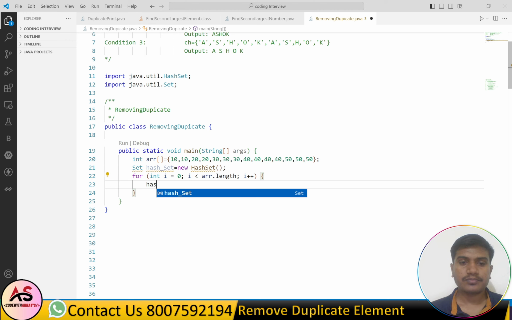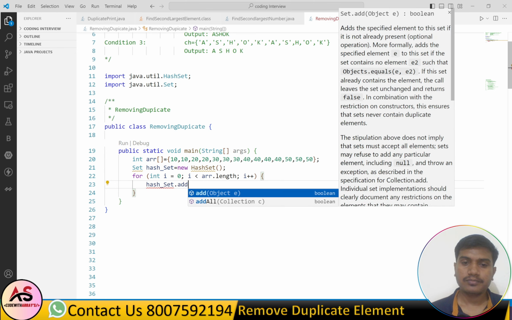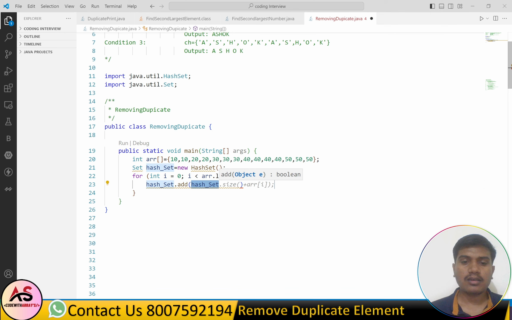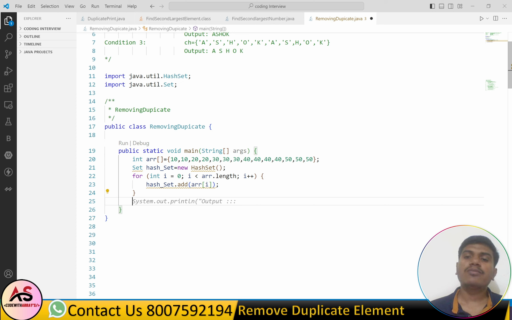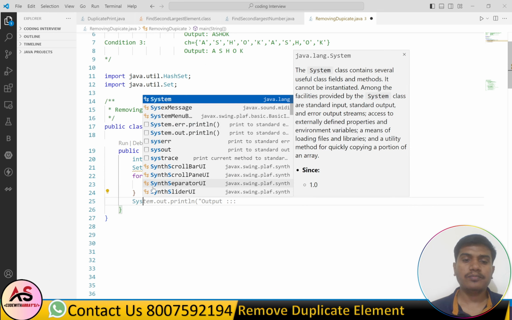For that hashSet.add, and in add we will simply pass the array elements. Now we have to write a print statement, that is to print the array element. For that we use System.out.println.